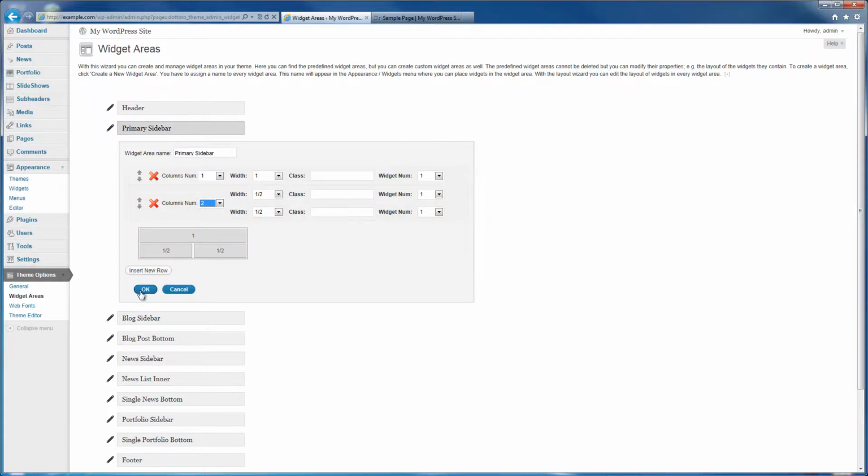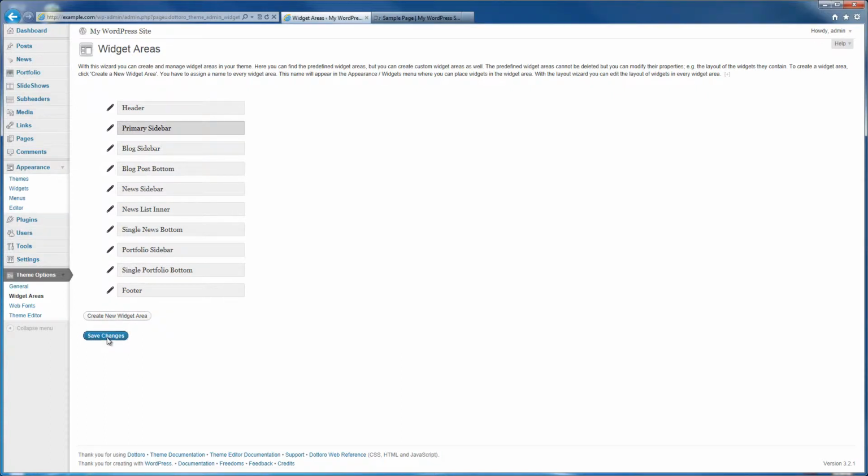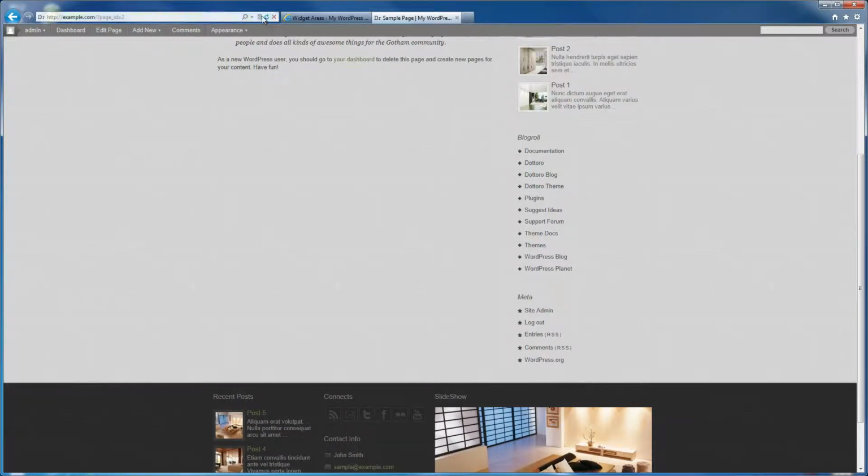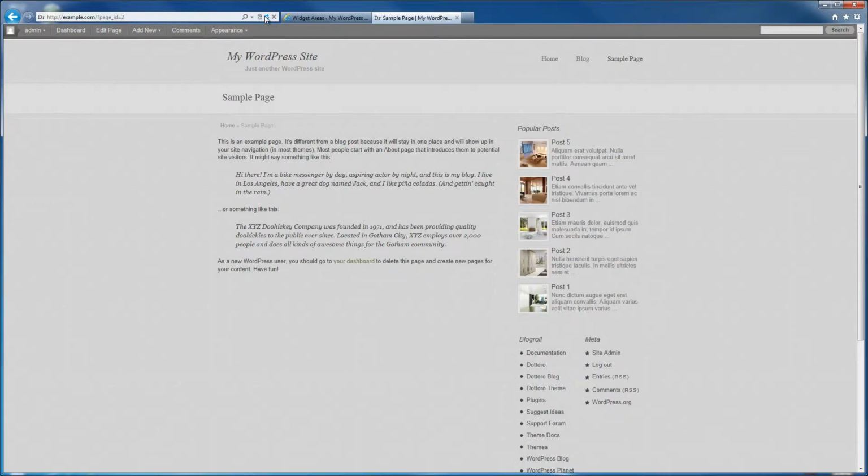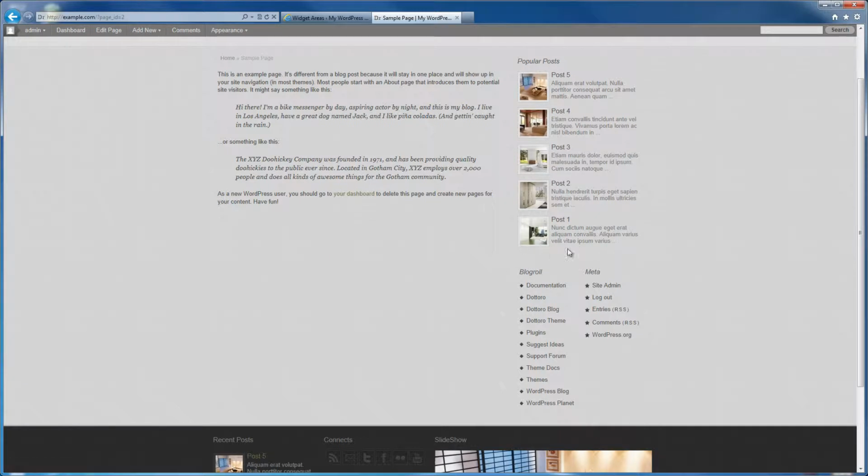Click OK and save the widget areas. Now it's done. If you take a look at the sidebar now, the popular posts appear in the first row, while the blog roll and meta links in the second one, side by side. There's still plenty of room below the meta links. Let's find a widget that this place can be ideal for. Go to Widgets